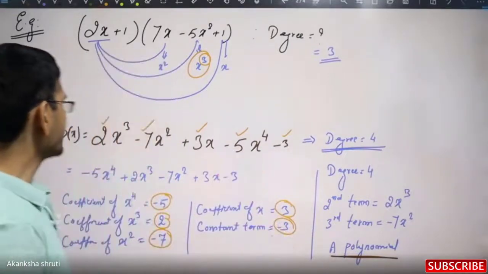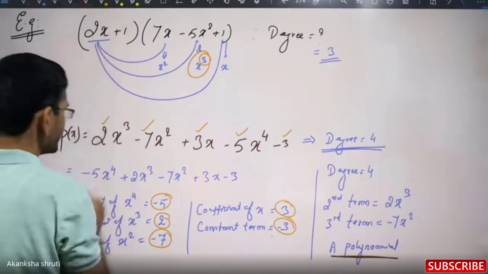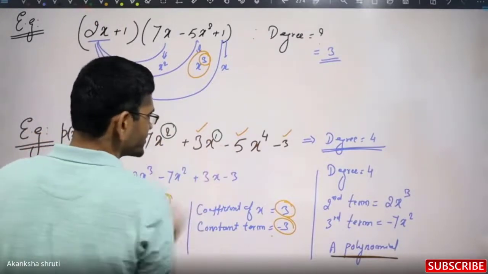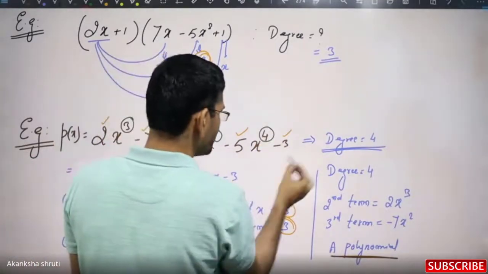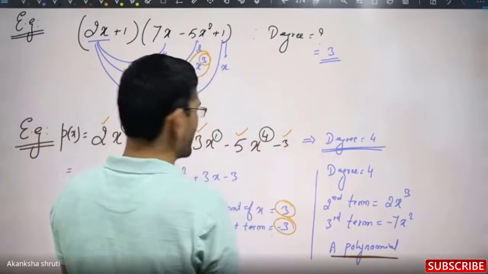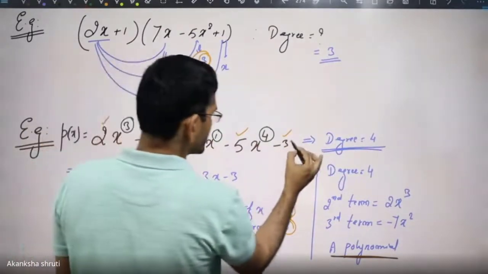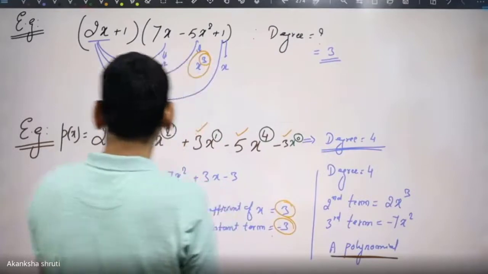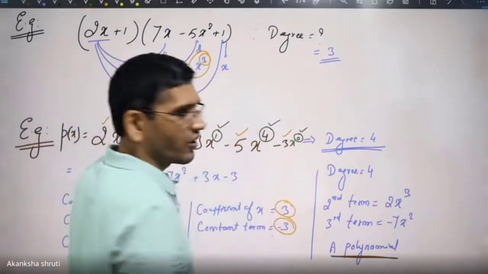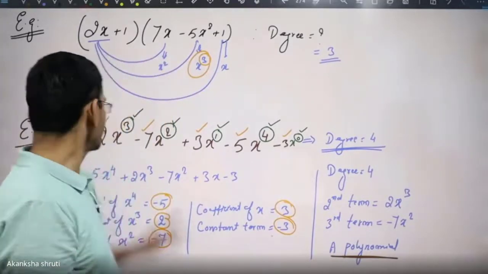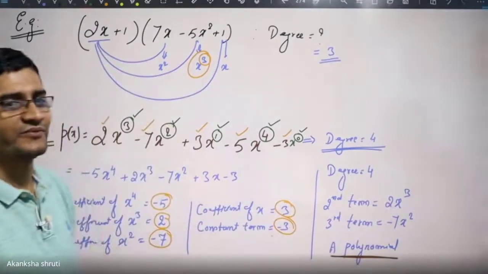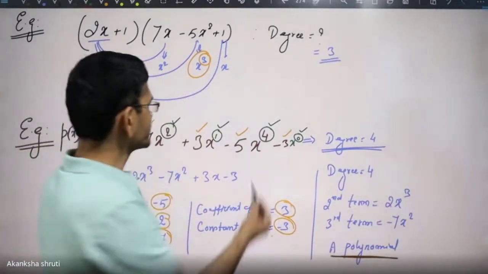Now for the second condition, we have to focus over this power. Nothing means it is 1. This power, constant term, leave it, because the power is x to the power 0. If you wish to write, you may add this power. So all these powers 3, 2, 1, 4, 0, all of these are whole numbers. Therefore, it was satisfying the definition of polynomial, and we had written this as the polynomial. Okay? So it was this one.